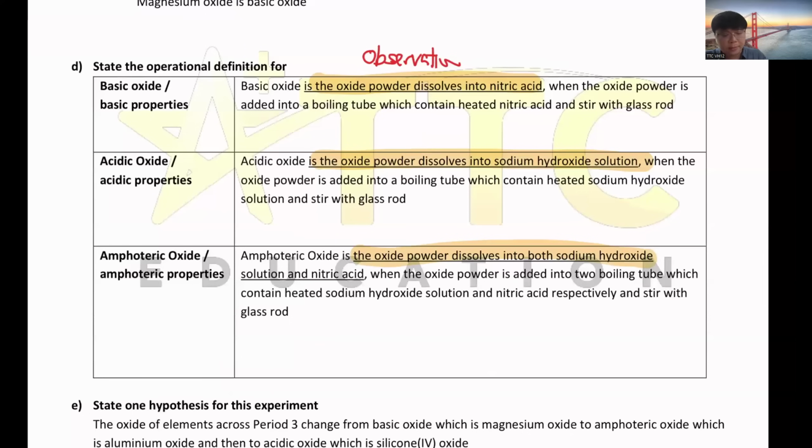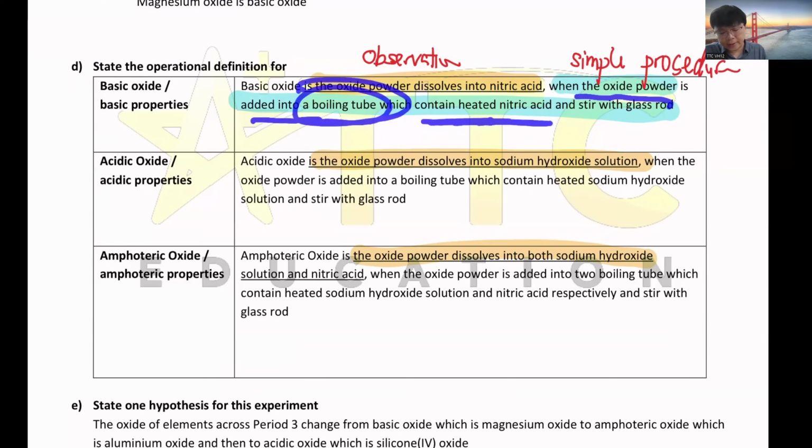How do you know it is a basic oxide, or that it has basic property? It means the oxide powder is able to dissolve in nitric acid. It shows that it's basic. Then below is what you do. We call that the simple procedure. The simple procedure roughly explains what you do in the experiment. The oxide powder is added into a boiling tube which contains heated nitric acid, and stirred with a glass